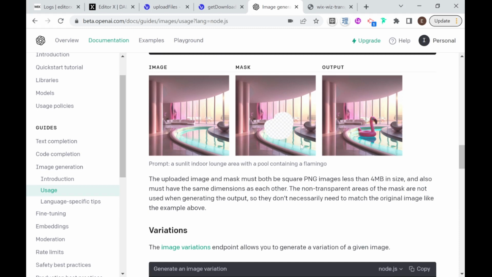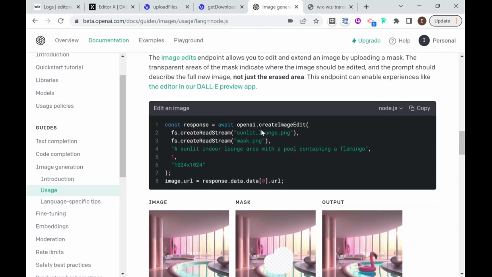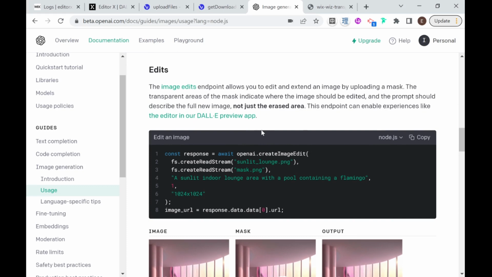So if you take a look at the mask here, you can see they're kind of using the same image, but just some part of it is transparent, but that's not necessary. So this mask could be a completely black image, like ours will be, or white, or any other color, or just another image. And the important part is that there is some transparent part. Another important thing, which I don't see here in the guide, but is mentioned